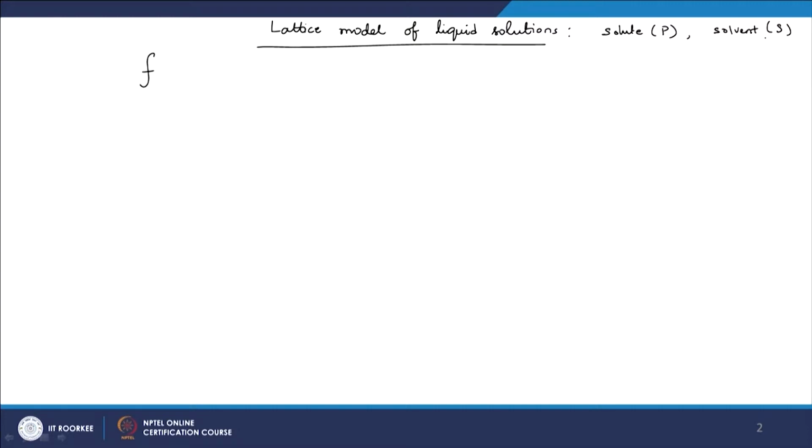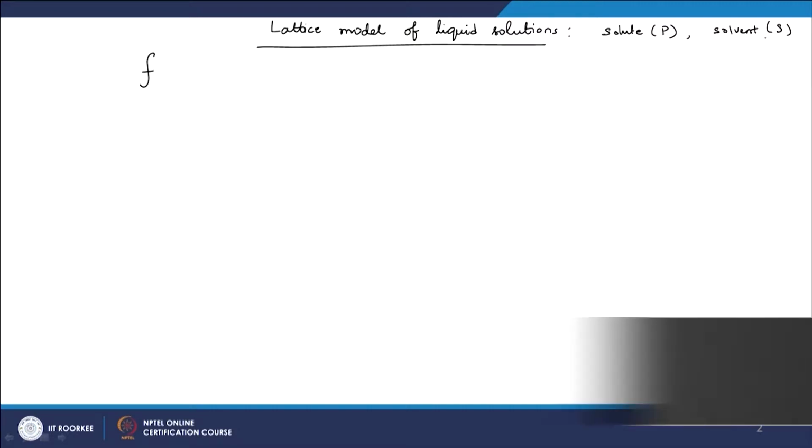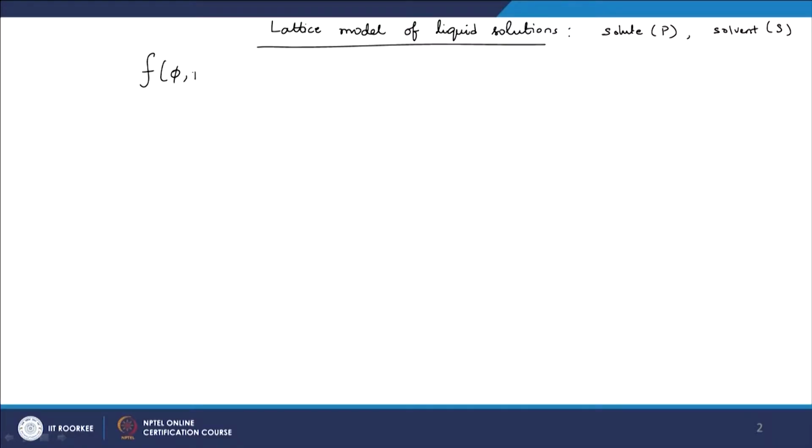Both are assumed to have the same volume, same as the lattice cell volume, and they are essentially occupying positions on a lattice rather than moving in a three-dimensional volume. So, for this case, we have derived that the Helmholtz free energy is given as